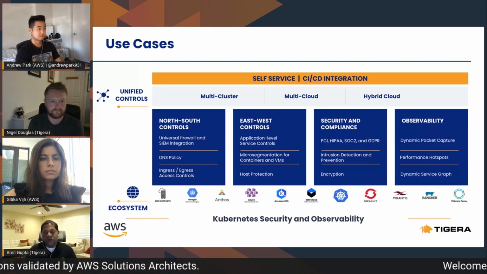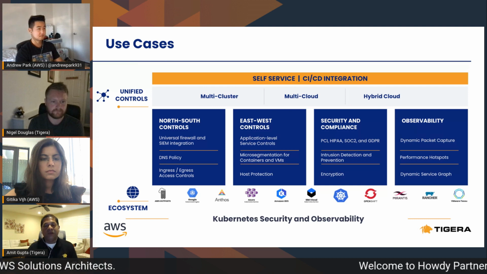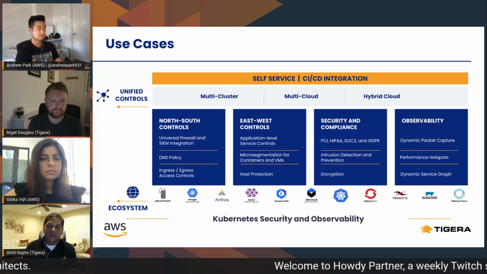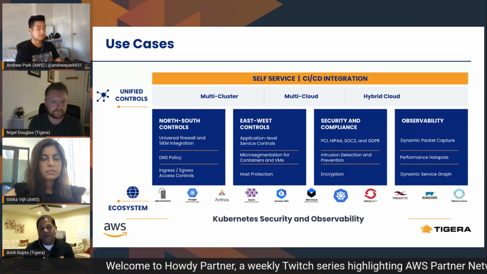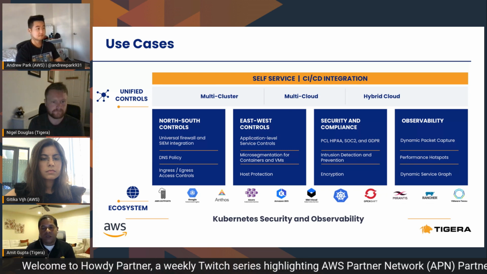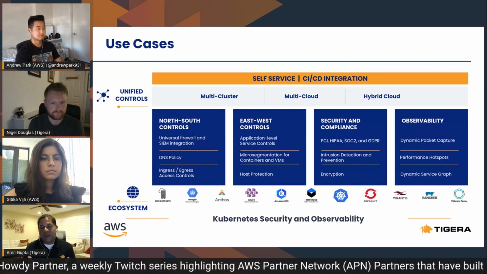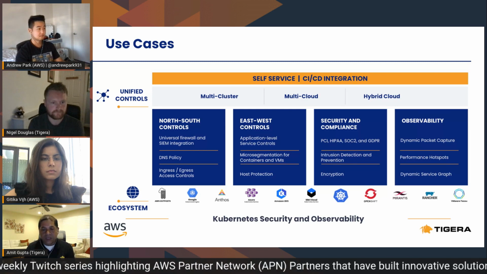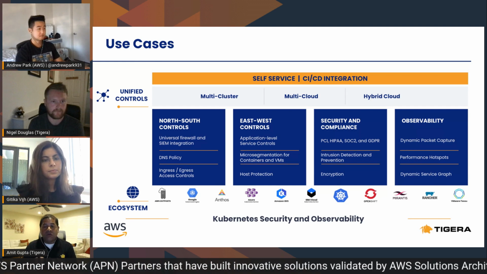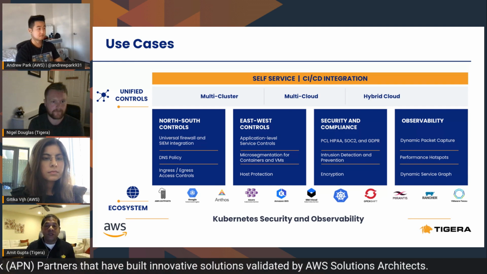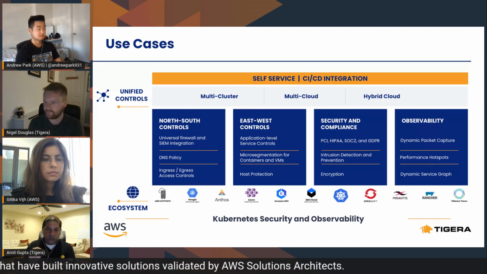But the good news here is that you can actually deploy these rules and these policies, whether coarse grain or very fine grain, in a very automated fashion. In fact, Nigel will show us in a few minutes. We actually have a recommendation engine in the system. So you as a DevOps engineer or an SRE, you don't really need to know all the dependencies of your application and design those policies.